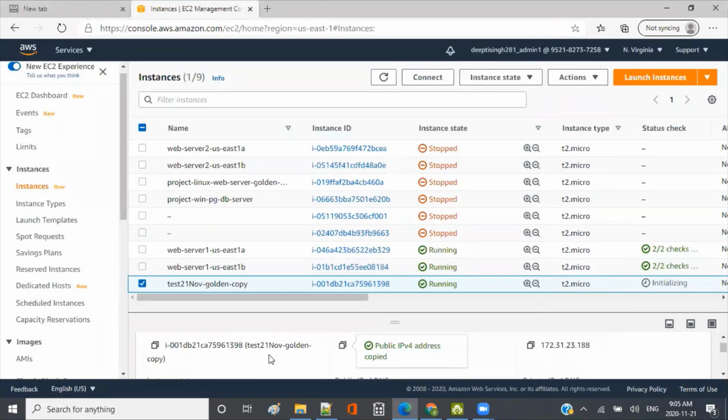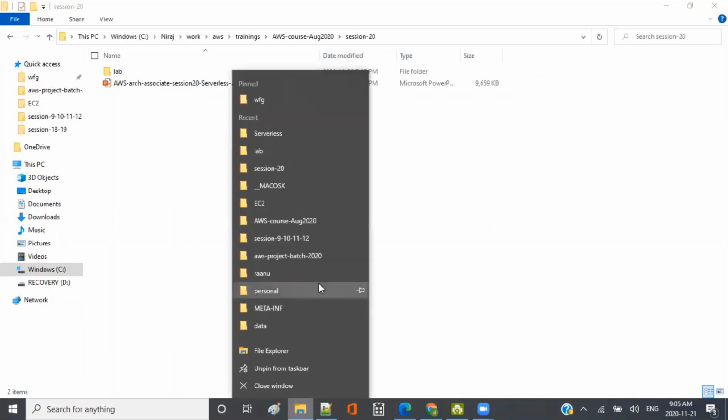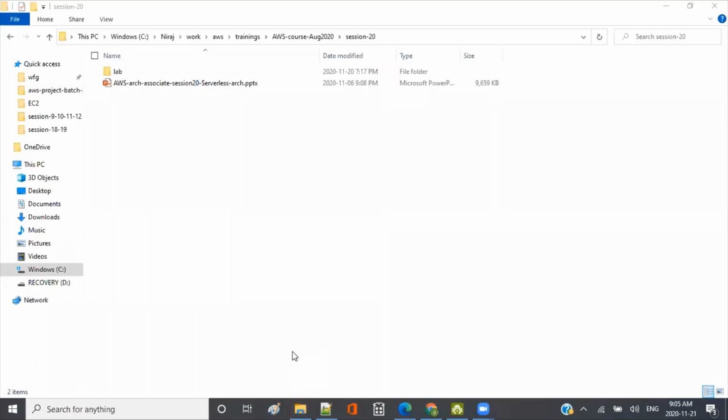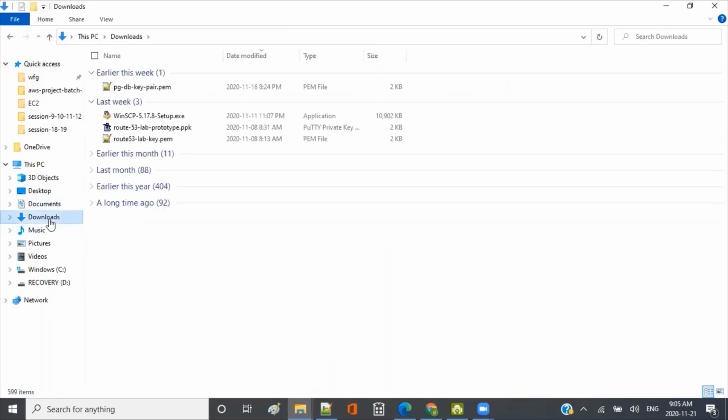I think it comes with Windows 10. It was already there. So I'll go to the folder where I have my keys. Remember, in the last step when I was launching, it was asking to create a key or use an existing key, so I used the existing one. It is in my downloads here, route 53 lab key.